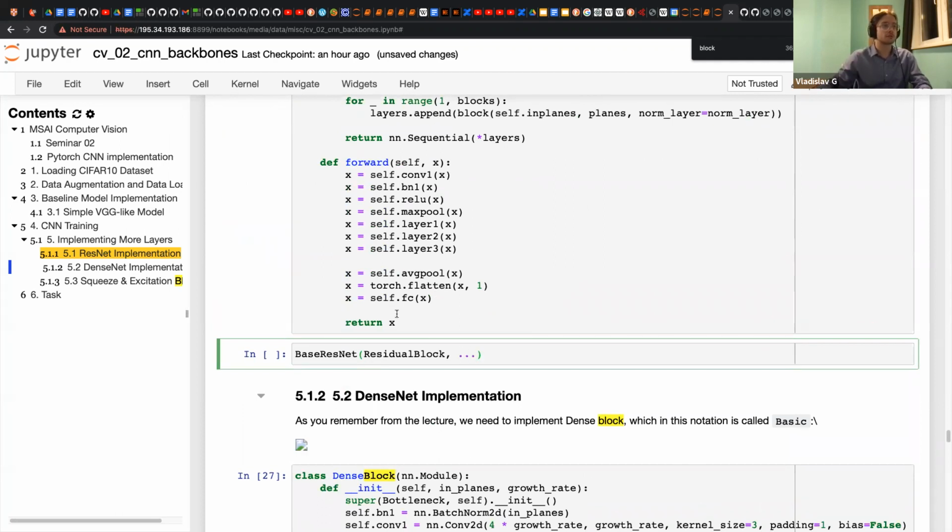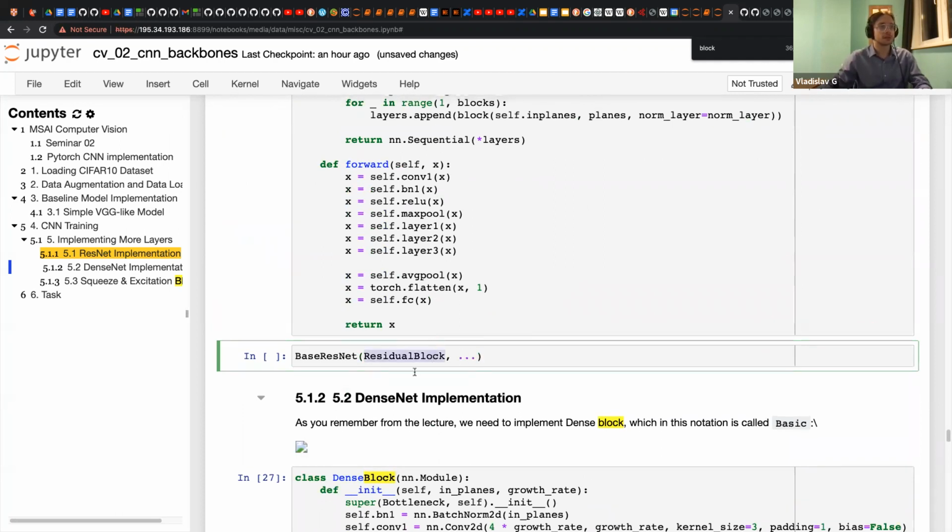And other parameters. So this is the constructor for our block. Cool. Okay, and we can pass only the one block for one instance of base ResNet, yeah, but we could have different ones.